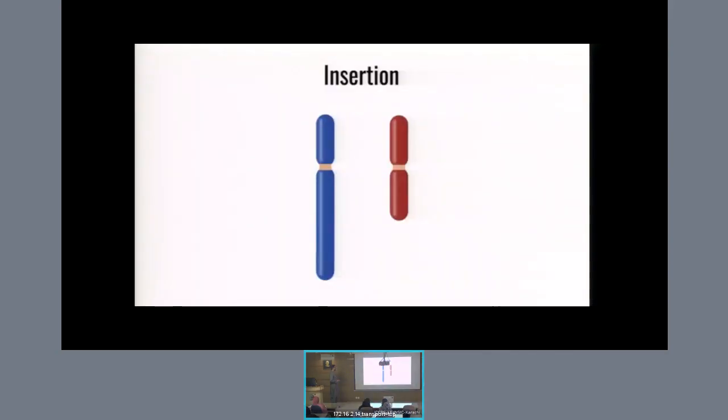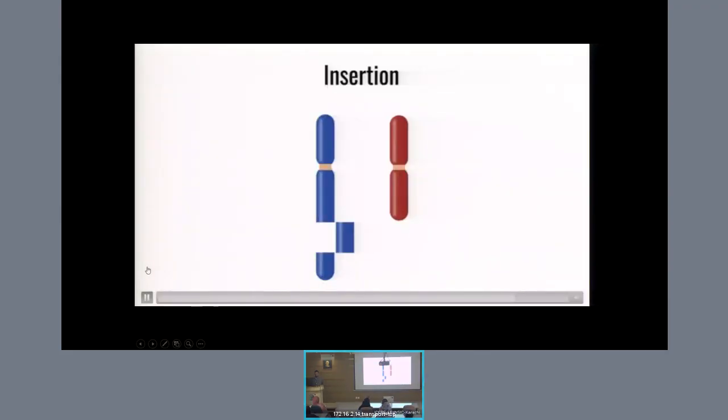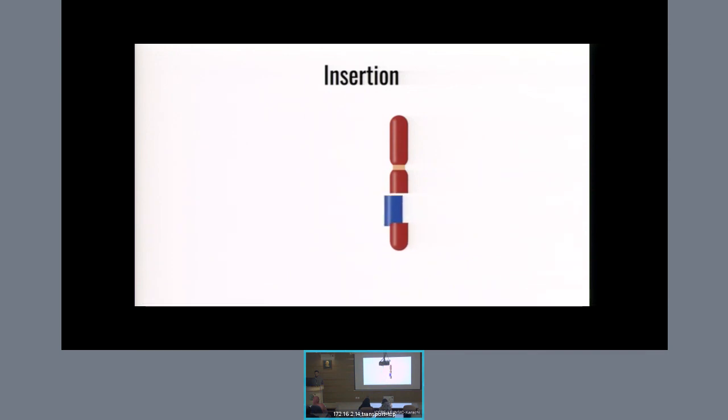There are also insertions, where a portion of a gene that was either floating around or that came from a virus or from a foreign portion, or from within the same genome of the human cell, gets inserted into a chromosome without being replaced with another, like in translocations. The insertion, instead of switching places, is just adding one extra gene or portion of a chromosome